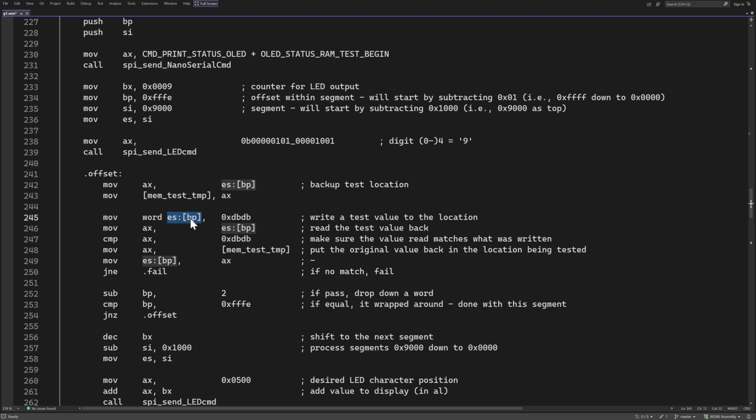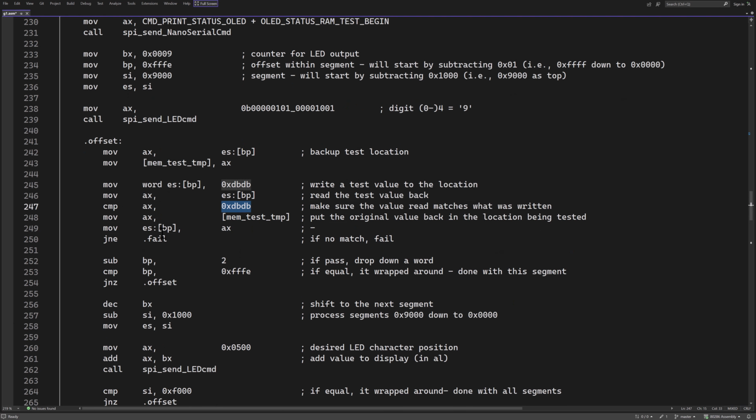So then I go ahead and I read that value, I write it into the location in RAM, and then I grab that location in RAM and write it back into A, and then I compare what's in A with DB just to make sure it matches. And I also move my backed up data back into A, and then I put that back into the original location. So there's a whole bunch of swapping around of memory here, but what I'm basically doing is